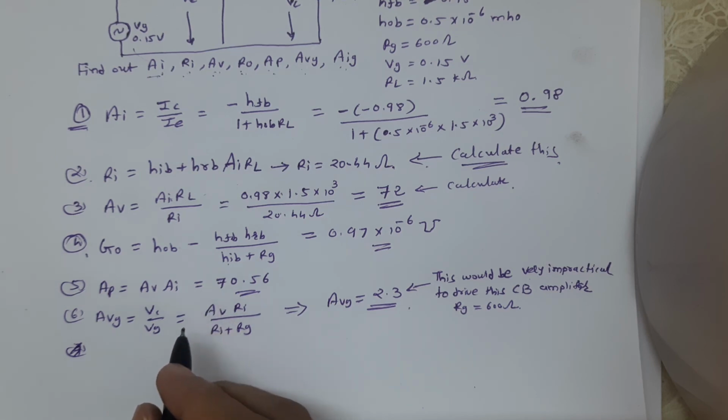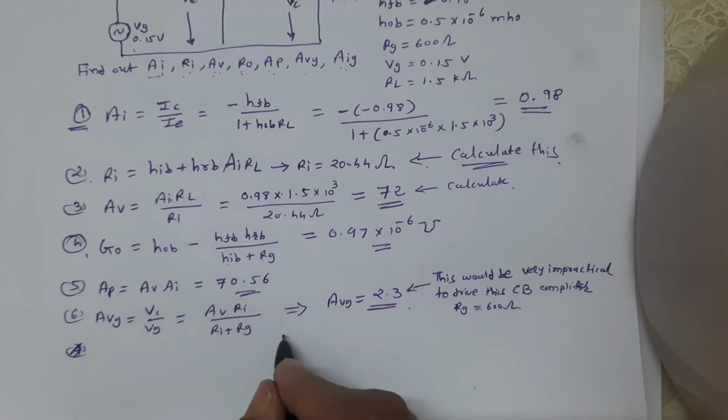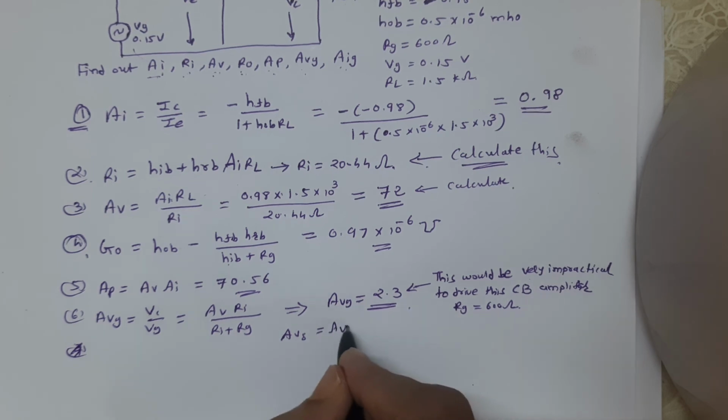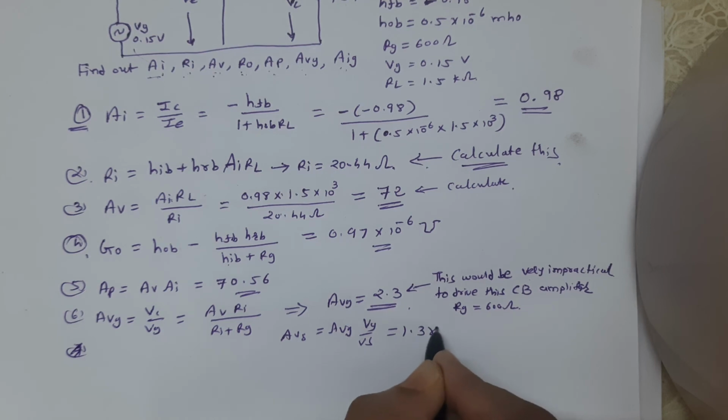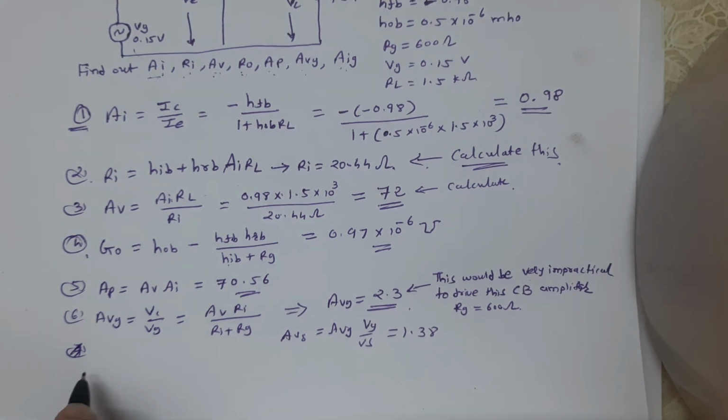Therefore, AV delta, AVG into Vg upon Vs, is equal to 1.38, and the last